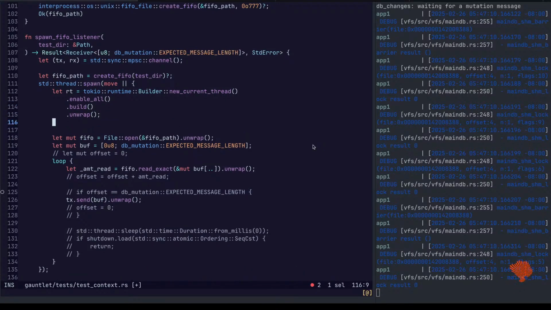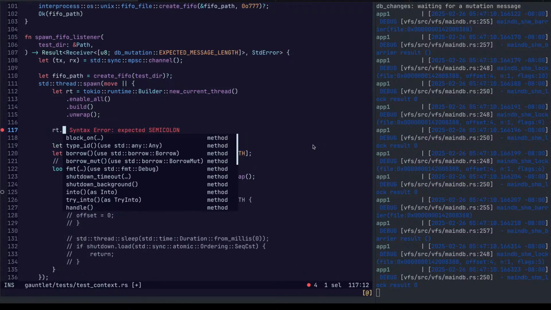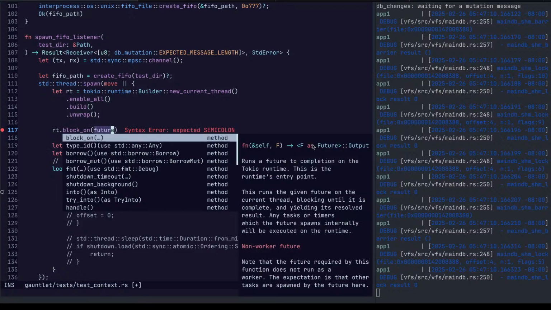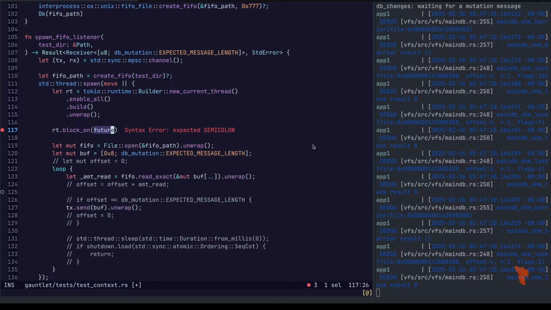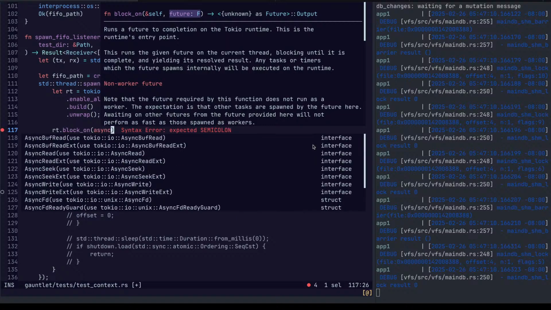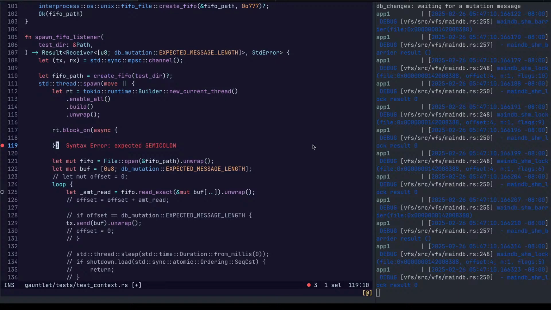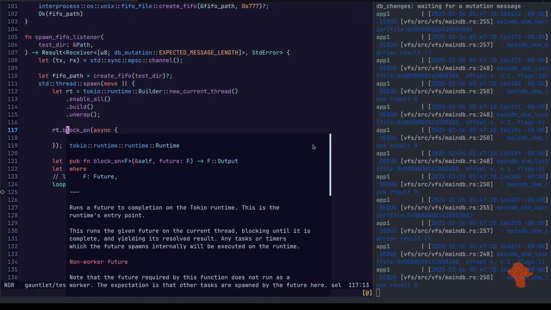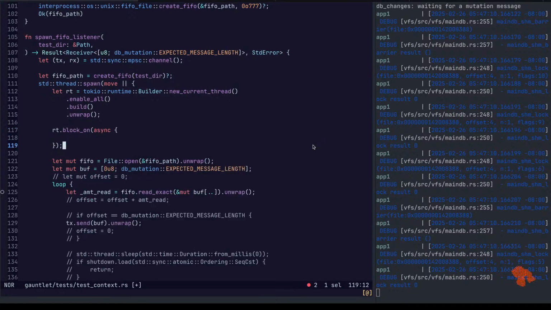Okay, there we go. Now we have a runtime. Runs a future to completion. This is what we want. What does this return? Ah, the output. Okay, that's fine. And